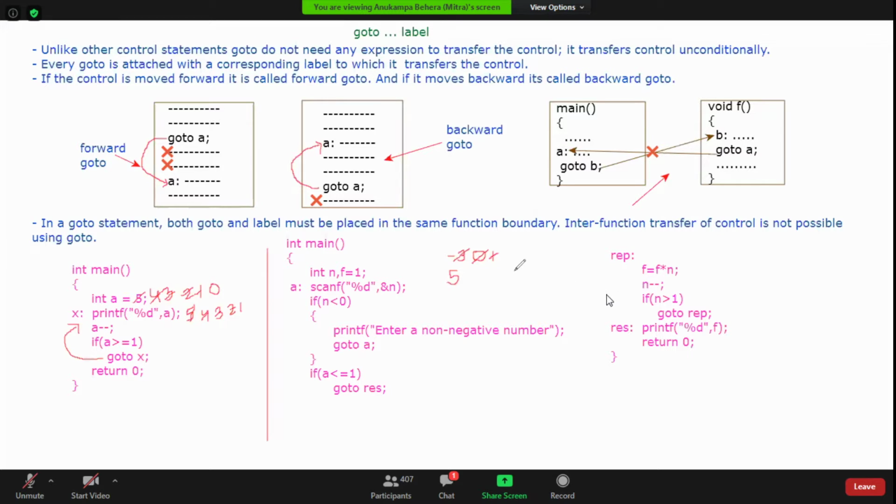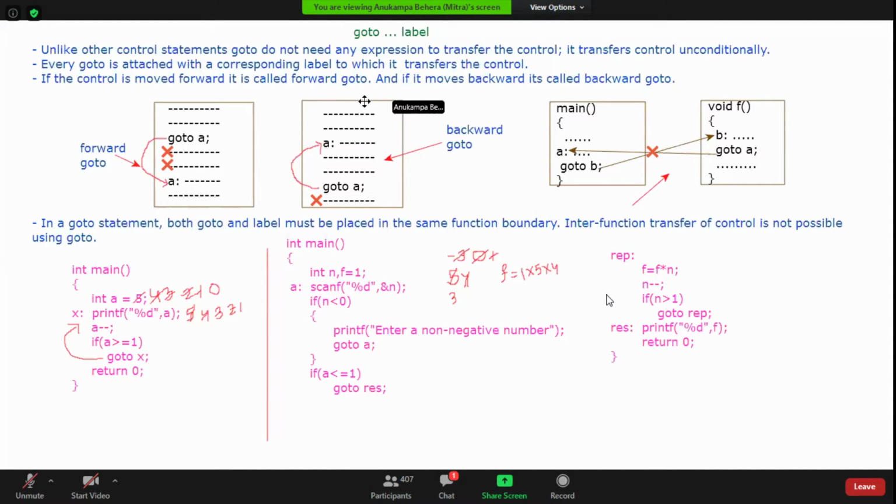f equal to f into n. So what is the value of f? The value of f is equal to 1, so f into n becomes 1 into 5. Then n minus minus, so n becomes 4. Then is it greater than 1? Yes. Then again f into n, then n minus minus, this becomes 3.